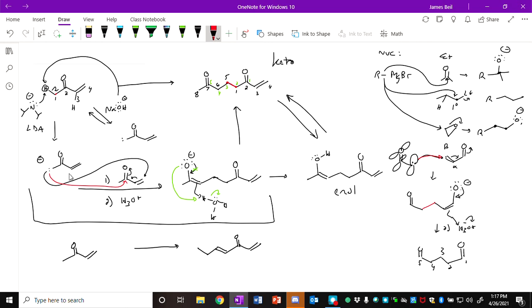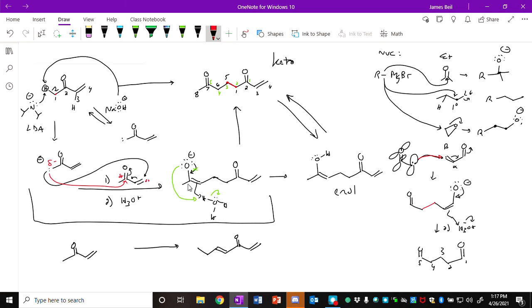So this attack, though, when we were talking about this last week, we said a typical enolate is a pretty strong nucleophile, and there's a pretty large amount of partial negative here, and there's a lot of partial positive here compared to way out here. So there's a greater charge attraction for the enolate to attack at the carbonyl, but if it does so, it produces an intermediate that's not stabilized by resonance. So that's why I normally would think it would attack the beta carbon of the alpha beta unsaturated carbonyl